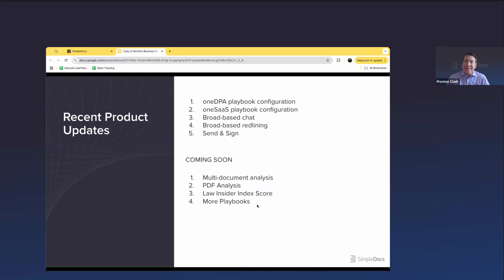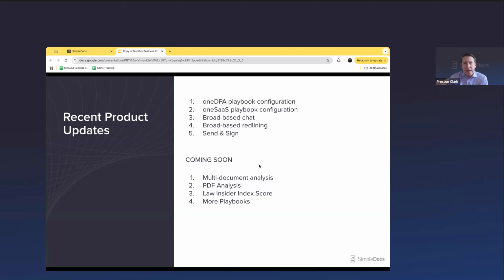We're adding send and sign. This is the ability to, once you've completed the negotiation and you're ready to move this back through to signature, we have integrations with our workflow automation and with eSign that allow you to expedite that process. So you're not downloading, uploading, sending, waiting for them to come back, waiting to upload it to DocuSign. It all encapsulates that into a single workflow.